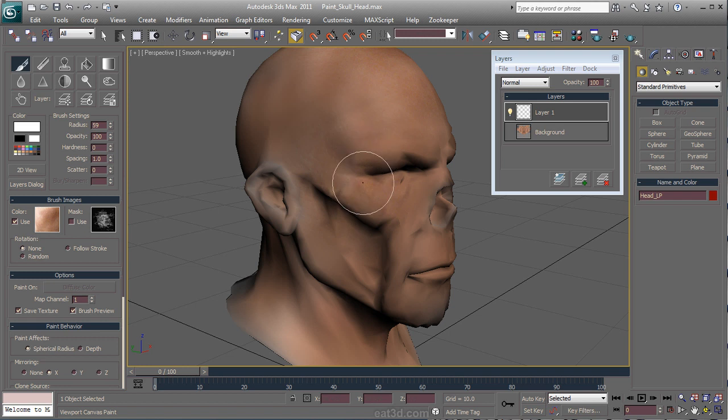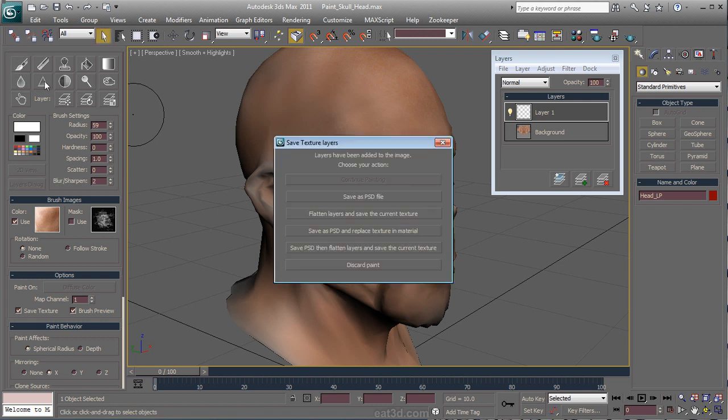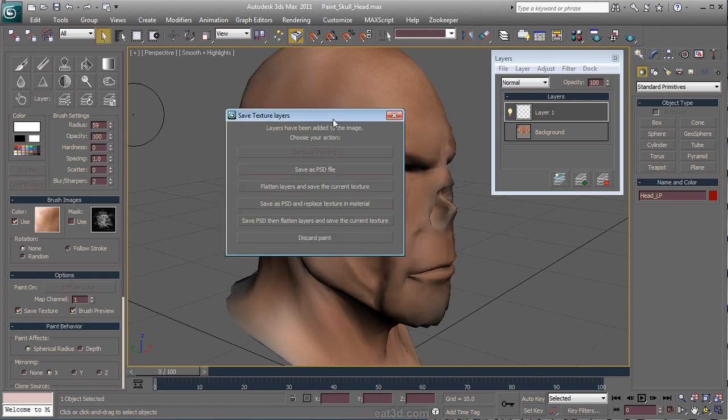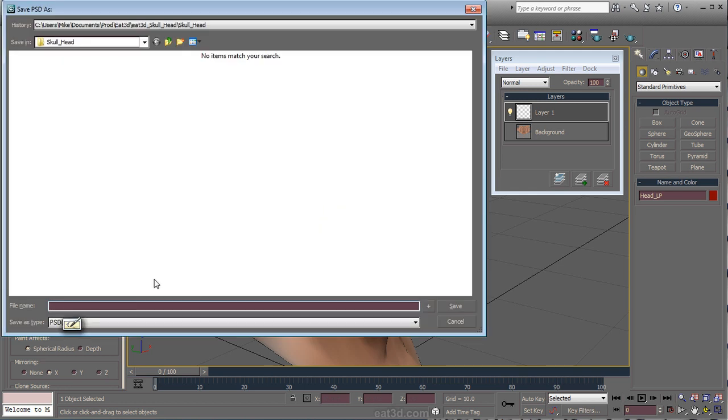And let's just hop back out to see how this looks with our normal map in rendering. So when we're done painting on this particular layer, we can just click on the brush again, and it's going to ask us where we want to save the texture. Now we have two layers here, and whatever we do on them, if we want it not to be flattened, we're going to have to save as a PSD. If we just flatten the layers and save it as a texture, it's just going to flatten everything down. The option I like to use in this case is save as PSD and replace texture and material. So basically it's going to make that PSD material, and it's also going to put it in and just save this out. So diff